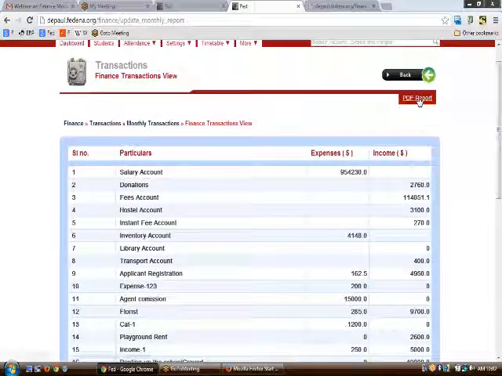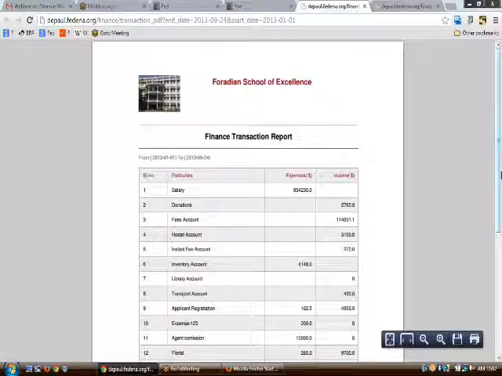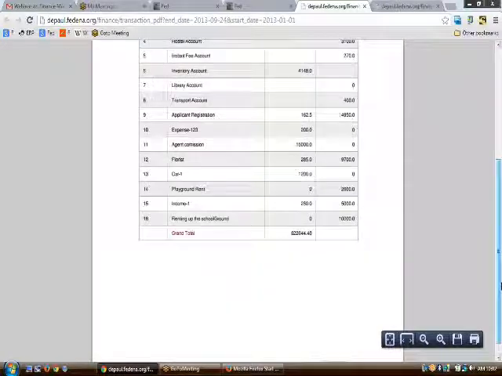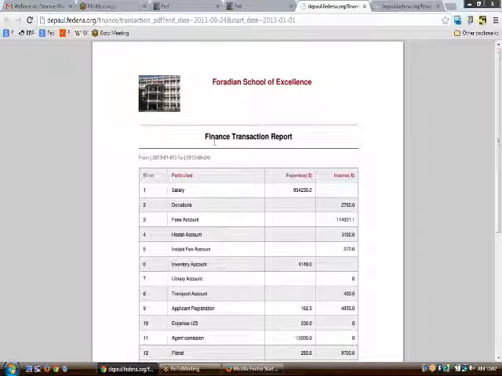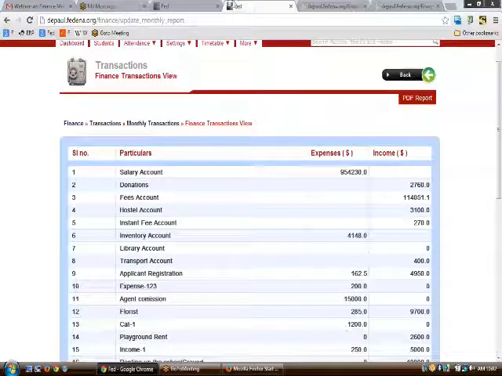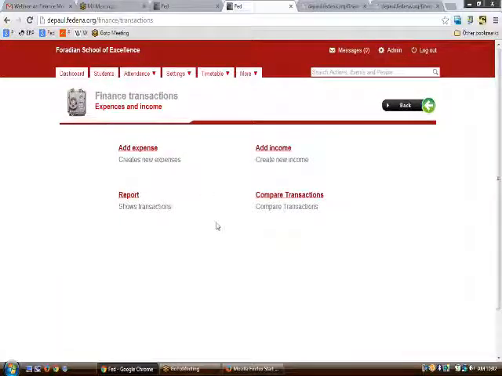Moreover, if you want a PDF report of the same, you can just click on PDF report and you will be redirected to a page where you can have the PDF, or the PDF will be directly downloaded into your system. Moreover, you will see on which dates those particular transactions happened. So this is how you can deal with your transactions.